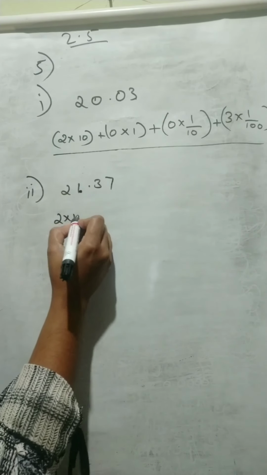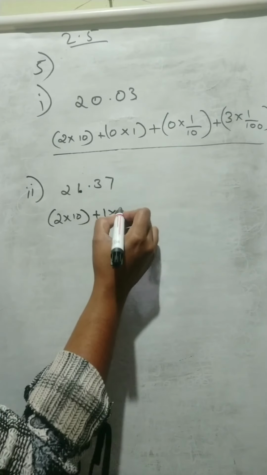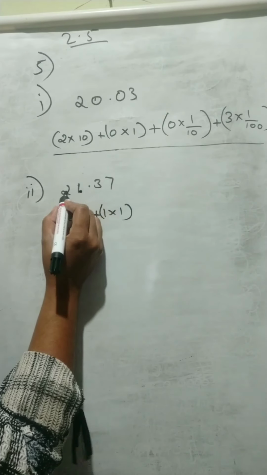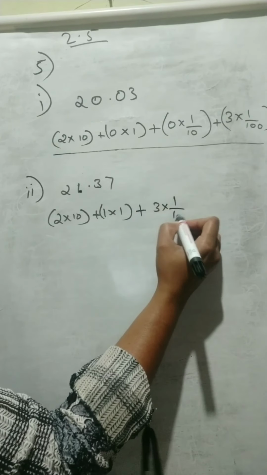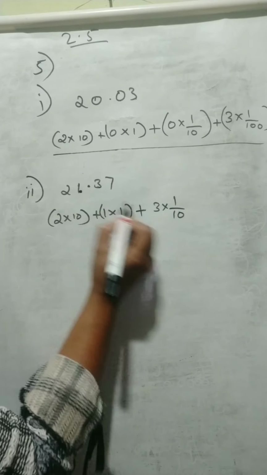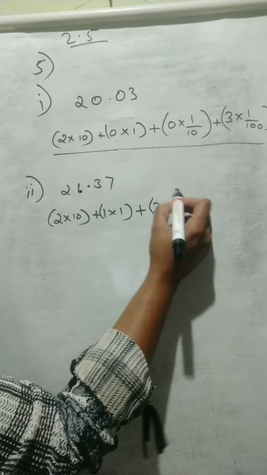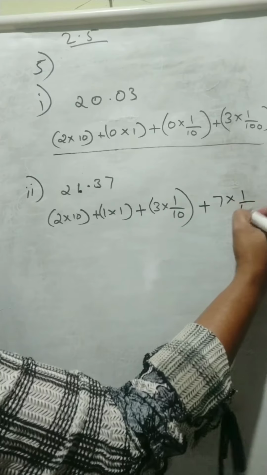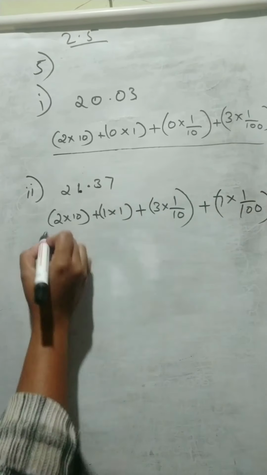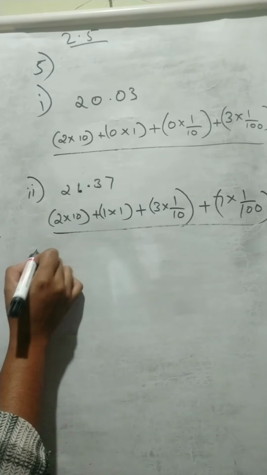So 2 times 10 plus 1 times 1. Ones, tens, like that way. Then plus 3 times 1 on 10. After the decimal point, the first digit, that is 1 on 10's place. So that is plus 7 times 1 on 100. Clear? Then the third question is